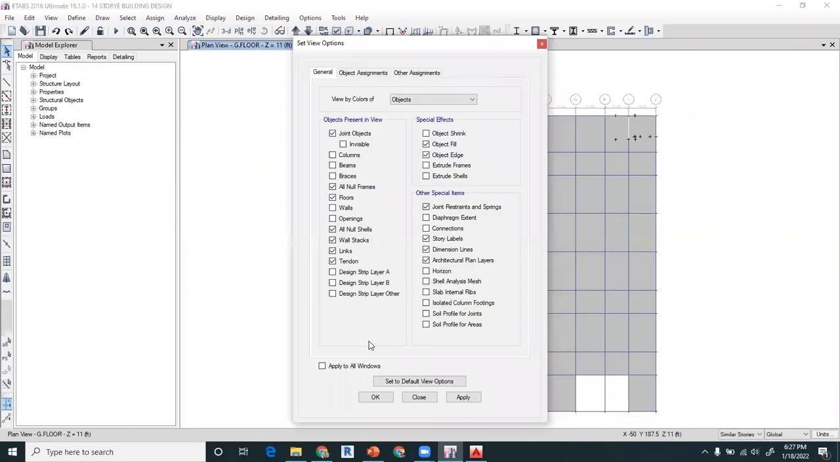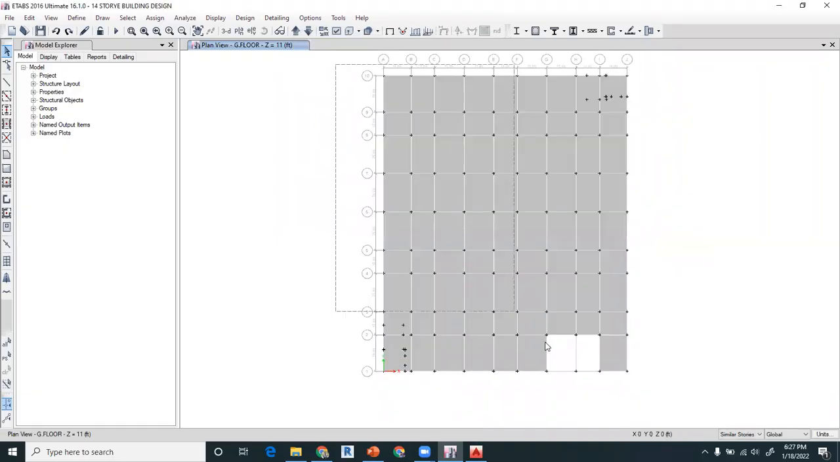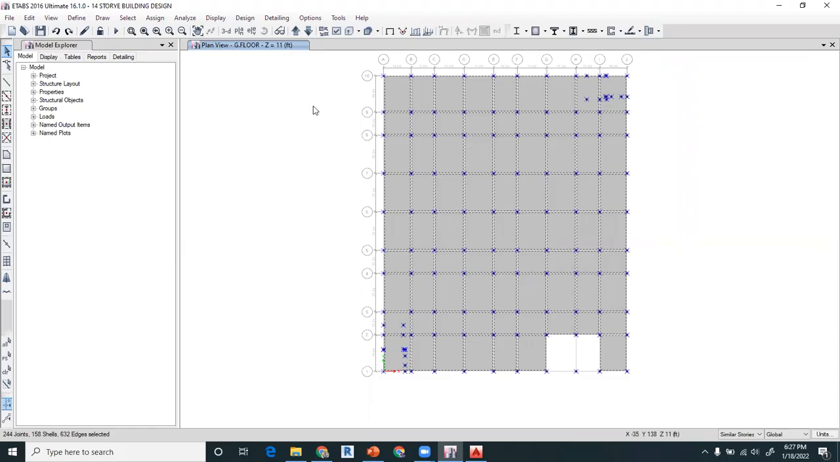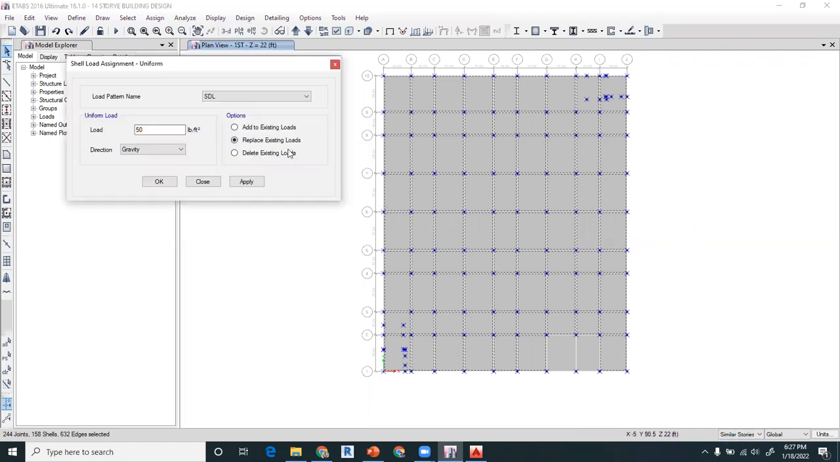So let us uncheck the beams, right? So we will select only this ground. So automatically the first floor shells have been selected because of this similar stories command. You will go to assign shell loads uniform, and we will select live, 40 pound per square foot,